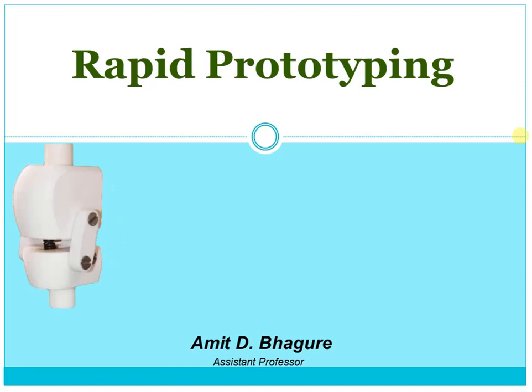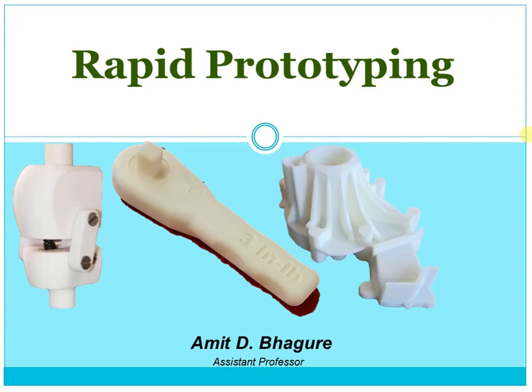The first part is the prosthetic knee, which is very popular in the biomedical field. The next one is a wrench. This wrench was manufactured in space by NASA using 3D printing. Next one is the casing, which is used for a small gearbox prototype, and the prosthetic knee we can test it physically. These are some examples of rapid prototyping.